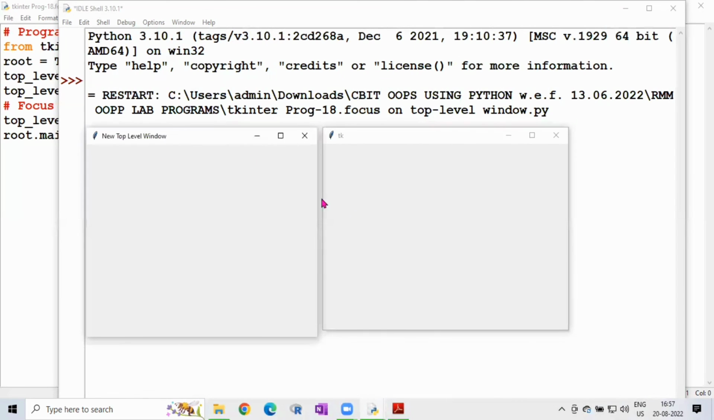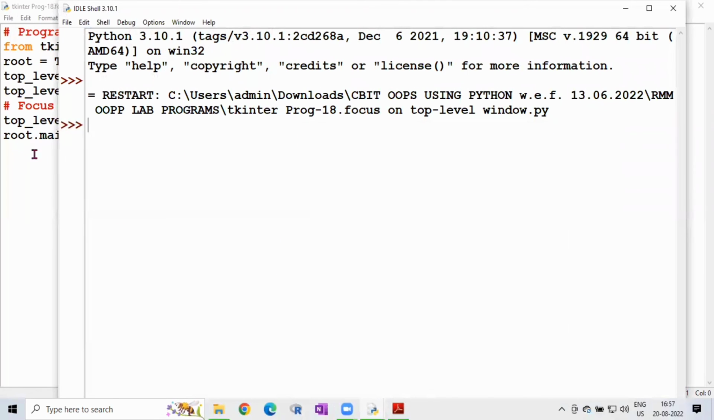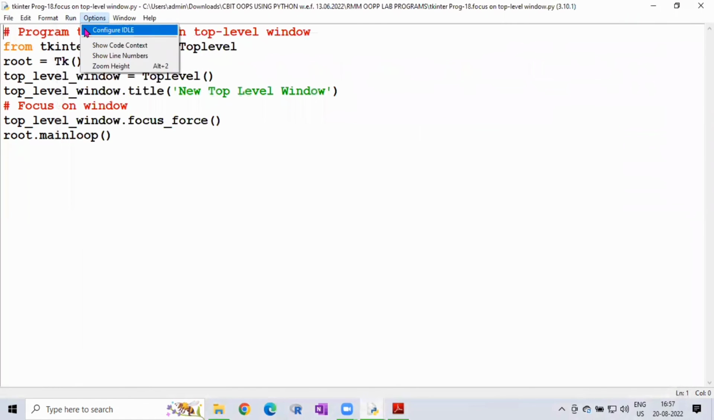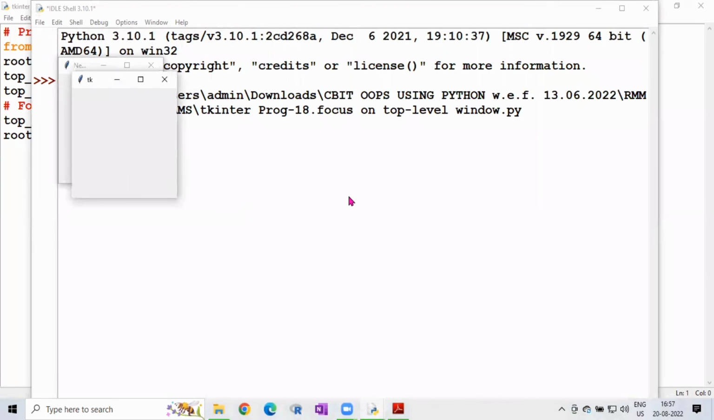Here we did not mention any close button. So whichever one you want to close, you can click on close. When one is closed, the other one is automatically closed as well. Suppose you click on the first one to close it; next time you can rerun. Here you can see,